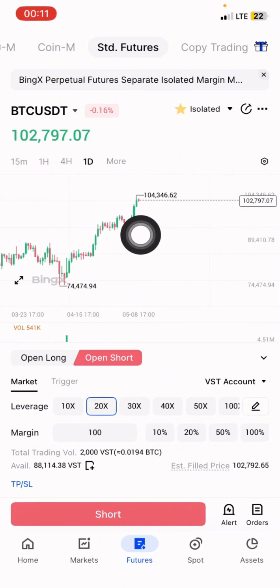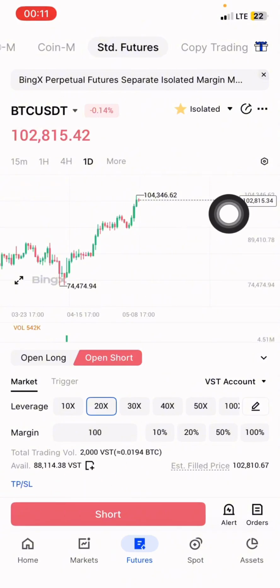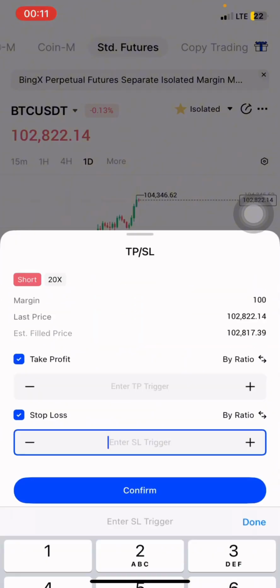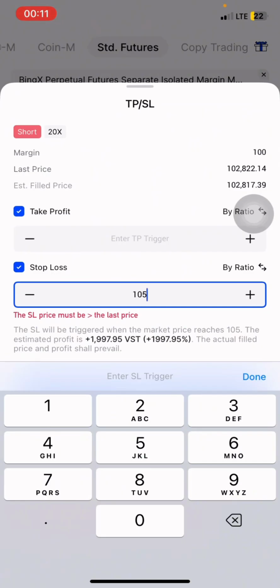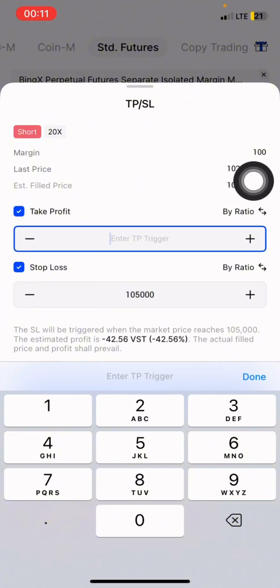which figure do I use? 105,000. Yes, let's use that. So all you basically need to do is come here, you click on your TP/stop loss, your stop loss here, you click on it. You see, okay, so stop loss $105,000. So you're going to be losing 42% of your margin, and then this